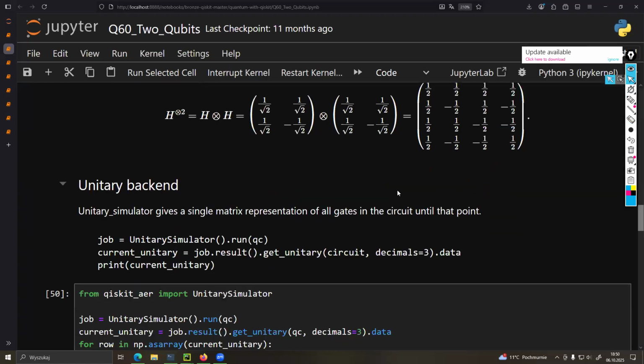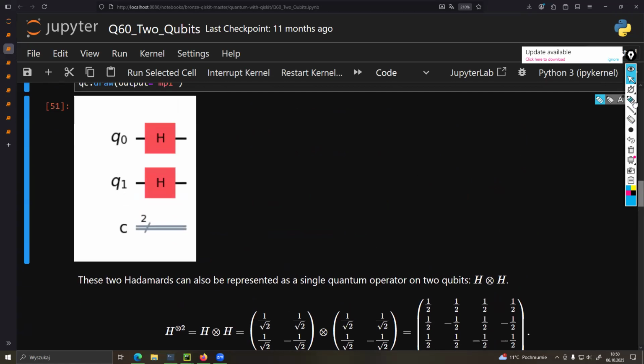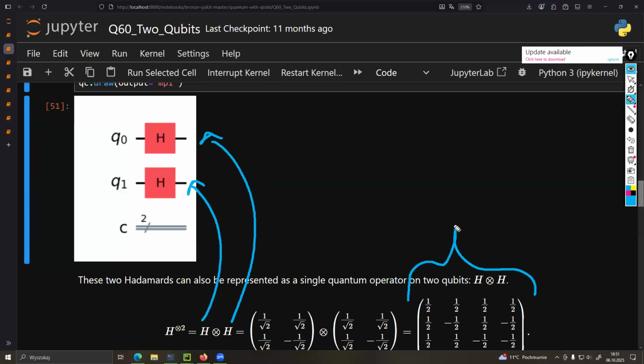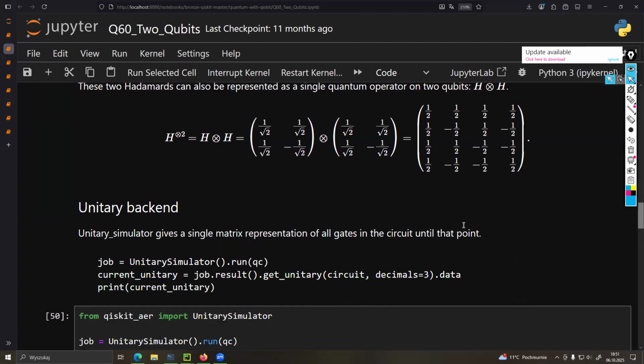So later on, as we can see, we apply a Hadamard on both qubits, right? And this is exactly what happens. So this entire system can now be explained by this entire matrix, which is here and contains 16 elements. But in terms of the actual circuit, look how simple it looks, right? This is a very simple notation to remember or to reason about. Way more simple than